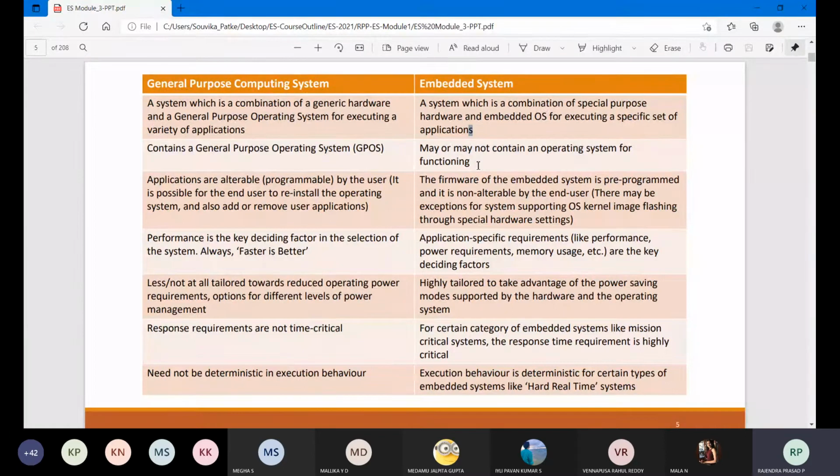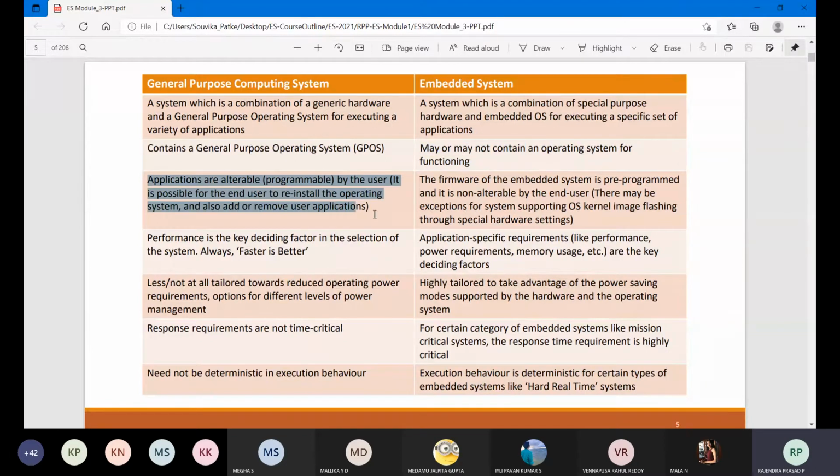So for all the six sub processors, it is required. That is why he is telling may or may not contain. But a television, you don't require anything, it is not controllable. You are giving instruction and it will run on that part. Washing machine also same thing. Then you are going to rotate the speed, whether it is 0.5, 1, 2, 3, 4. So those speeds will be present.